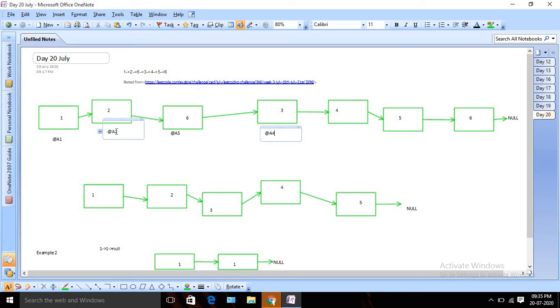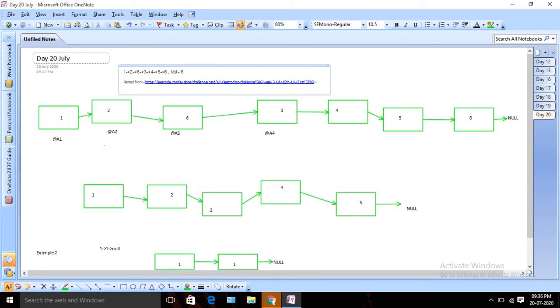So how we can solve it? What we can do is start from here and check. Suppose I am in this node right now. I need to check whether the next node has the same value or not. So if I find my next node is 6, in this case we are finding 6, so the value here is 6. Okay, I will see this is my next node and its value is 6, so I am going to delete this node.